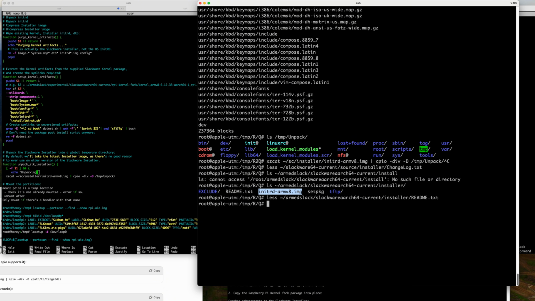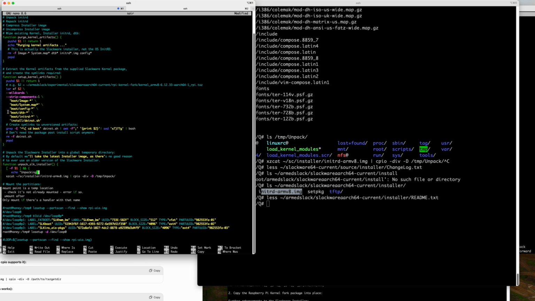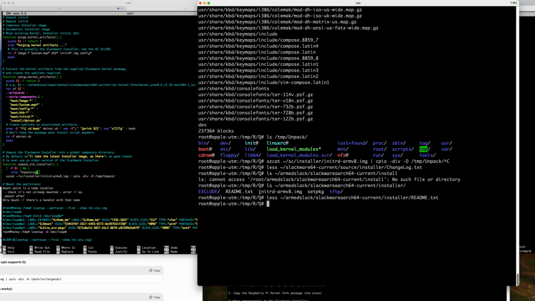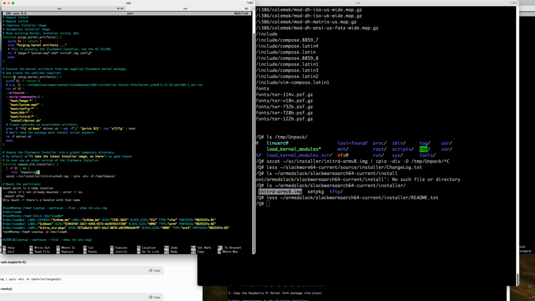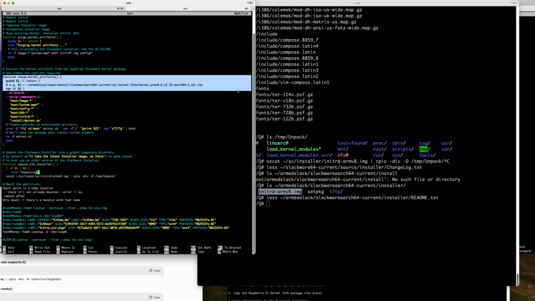Now what we're going to do, because this image is just sitting there ready for the taking, we've already deleted the installer image from, we're starting to get mixed up with terms here. Let's use a different term. We've deleted the initRD, which is the Slackware installer. We've deleted that from the Slackware installer image for the SD card. So we've got different levels of images going on here. And now we're going to unpack this version of the image here,